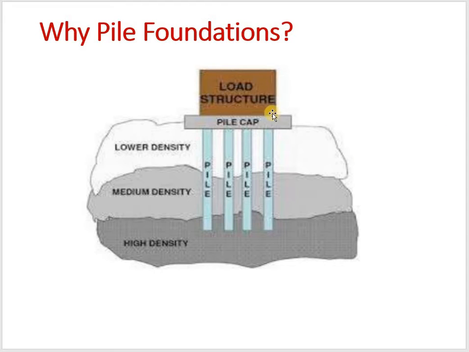Here in this figure you can see that the structural load is transferred through the pile cap. I will explain what a pile cap is. It combines all the slender elements together, and then you build the column over the pile cap. Then the entire building load is taken by that column. This load is transferred to the pile cap, and from the pile cap it moves to the piles, and the entire load is finally transmitted to the tip of the pile, which rests on a high density soil or high density strata. It can even be rock.